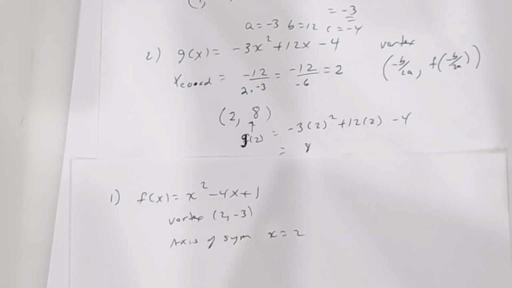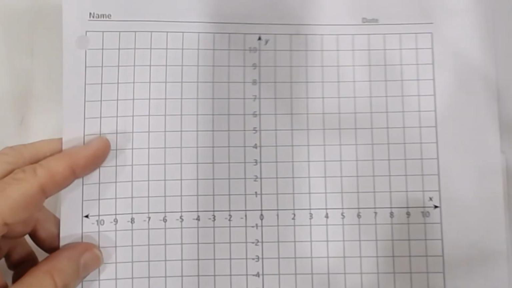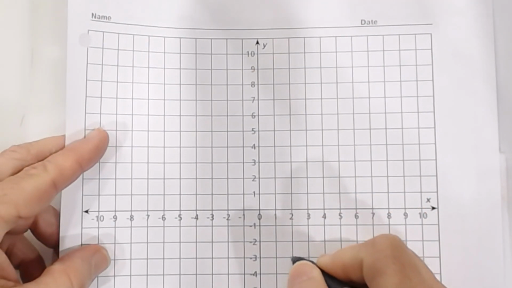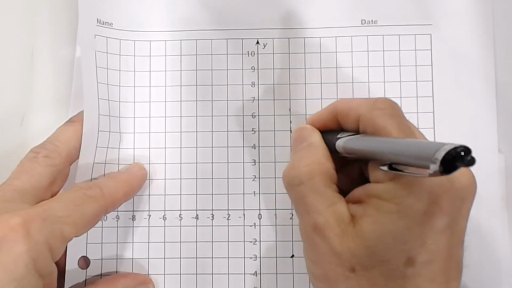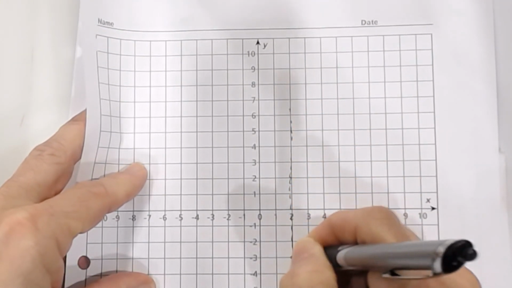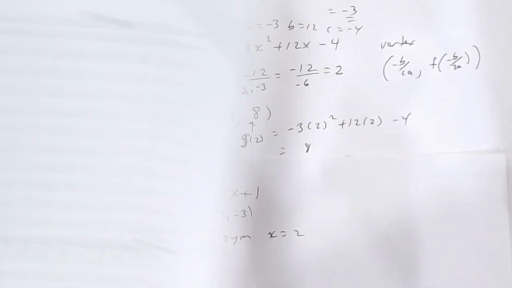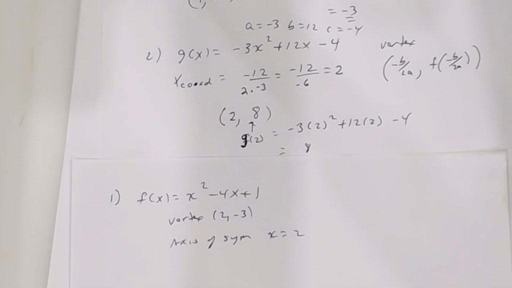I'm going to ask you to graph it, but so far I have 2, negative 3, which is here. Here's my axis of symmetry. Now, in my math lab, here's what they're going to ask you. They're going to say, find the vertex, find the intercepts, and then graph. Okay? So then, if all you want to do is graph this,